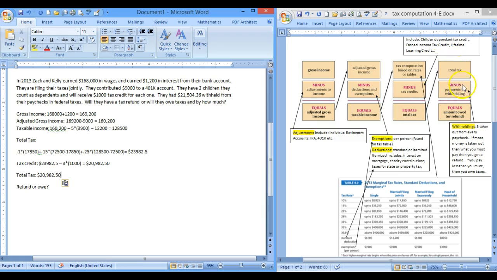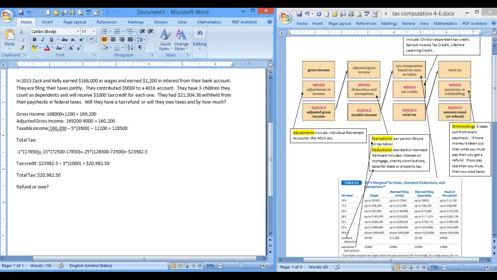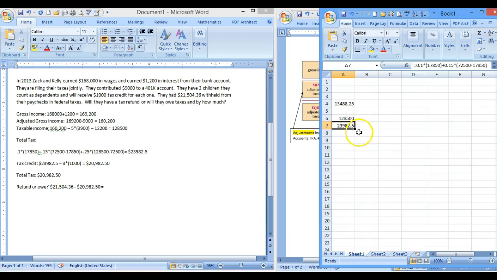But we also need to remember we have payments or withholdings already happening throughout the year from their wages. We were told that they had withheld from their paychecks $21,504.36. So I'm going to bring that, copy and paste it down here, which tells me that they paid more than they needed to. This is what they needed to pay. So I'm going to copy this, copy, subtract, paste,